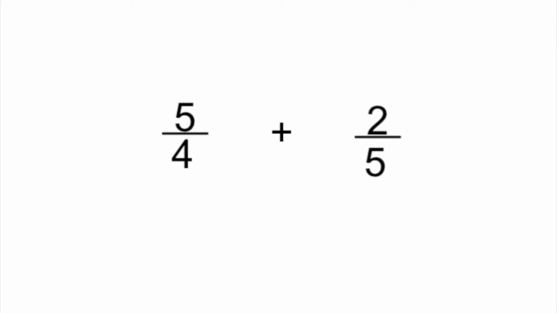We literally want to just put these two pieces together and then find out how much we have in total, in sum. Starting with the set model, we need to define our whole so that we can add our two fractions, 5/4 and 2/5. I will use these purple tiles to create my set that will serve as my whole. So in order to show fourths, I need 4 pieces, and in order to show fifths, I need 5 pieces. This is why I create a 4 by 5 array,